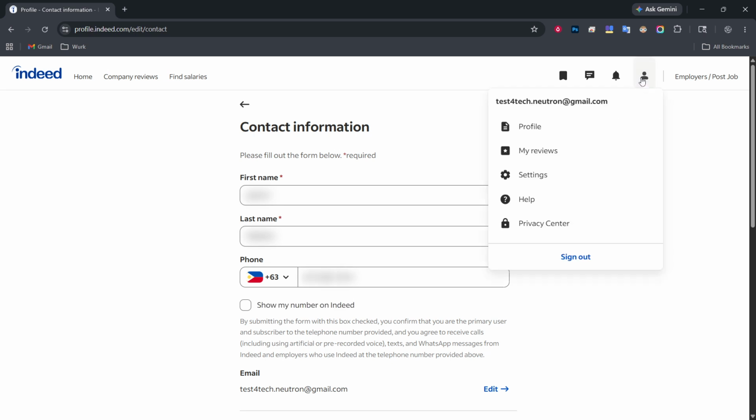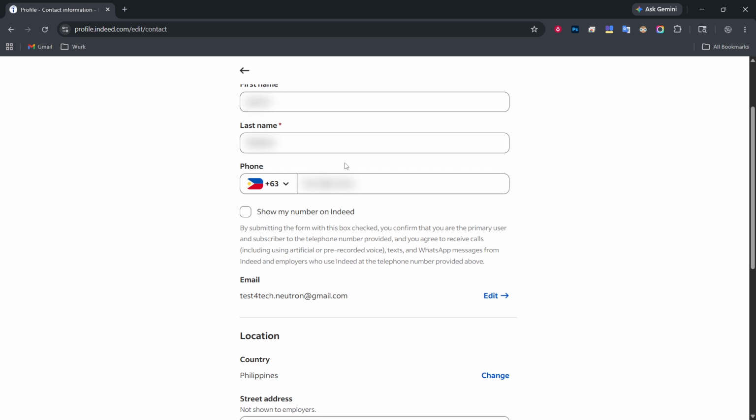On the Sign In page, choose Create an Account. You'll see options to sign up using Google, Apple, or email. Pick the method you prefer. If you choose a connected account like Google or Apple, you'll move through their quick authorization. If you choose email, you'll be asked for your name, email, and a strong password. Use a professional email you check often and a password you haven't used elsewhere.